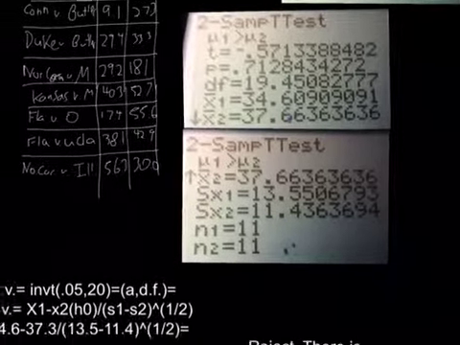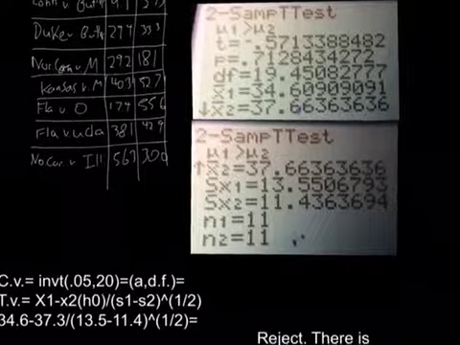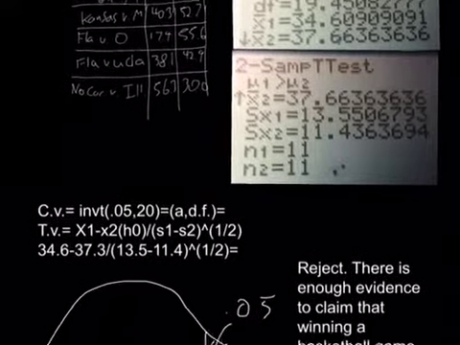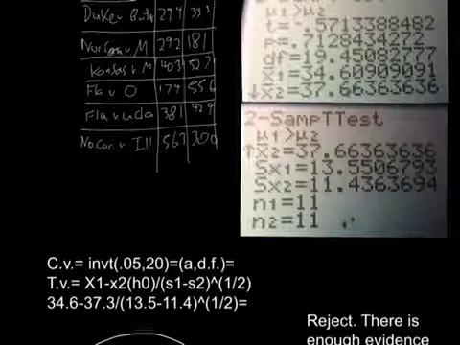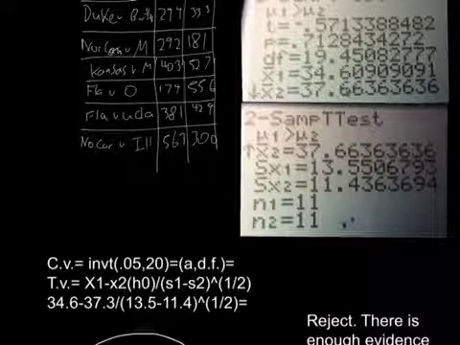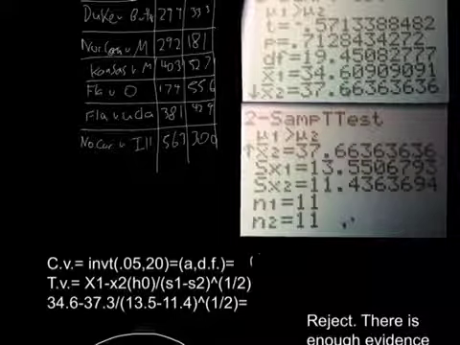So once we enter in the two-sample t-test, we've got our results here, and then we need to find our critical value. And our critical value is found by using inverse t of 0.05 and 20, or our level of significance and our degrees of freedom. I'm solving this to the 95% confidence. This gives us the critical value of 1.724,